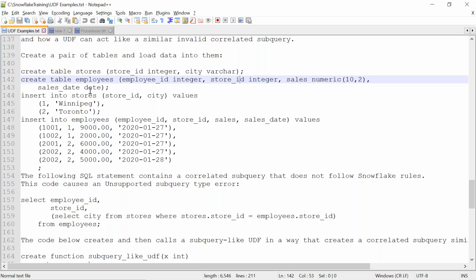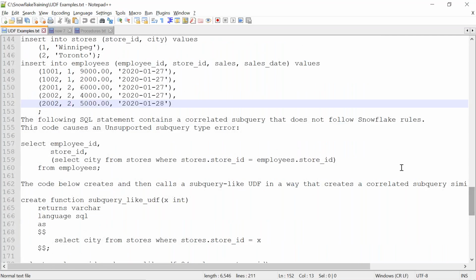Okay, and sales date when they have done. Okay. Now I am inserting stores, Winnipeg, Toronto, and then the employees. So then one, and they are in Winnipeg, Toronto. Okay. So now when I write my query, the normal scenario in any of the databases where if you want